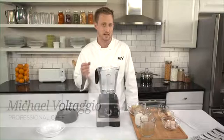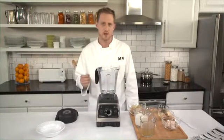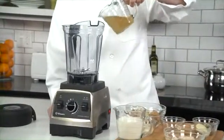One really amazing function that sets the Vitamix machine apart from other blenders is that the blades are so fast they can heat up ingredients with just friction alone. That means you can make dishes like this hearty chicken potato soup that are ready to serve straight from the machine. Start first by adding 1 cup of chicken broth,